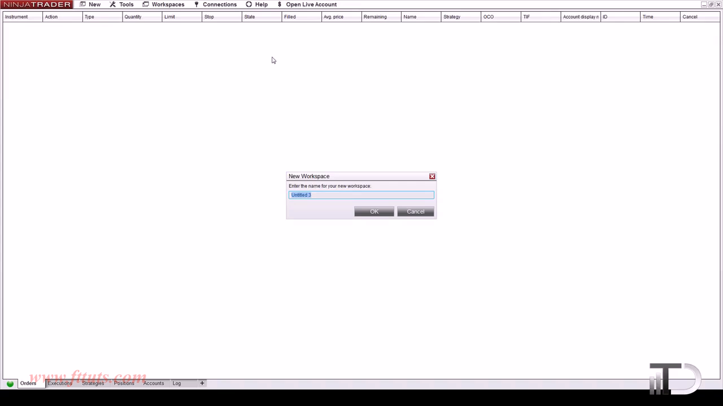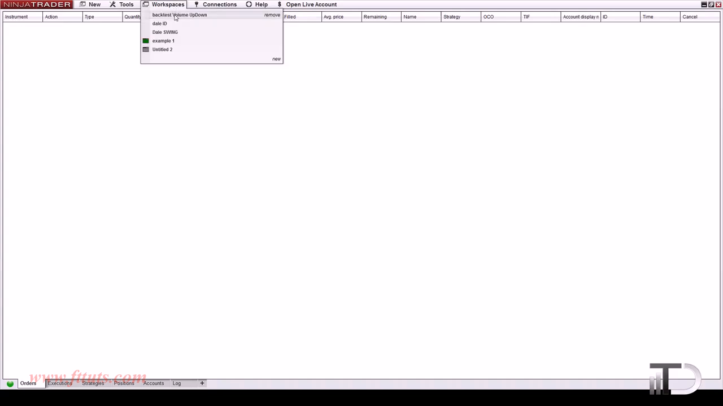So let's call it example 1 workspace, alright? So now when you select workspace, you can see that we have the example 1 workspace already active because it's green. So let's now create a chart for this workspace. So you go into new,